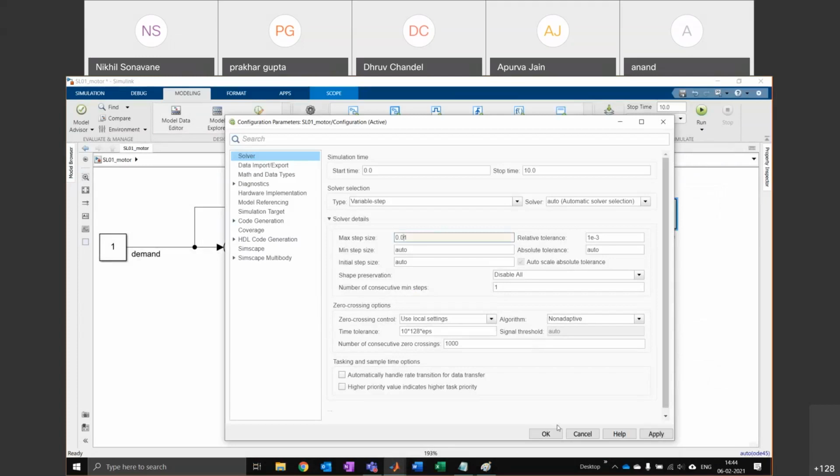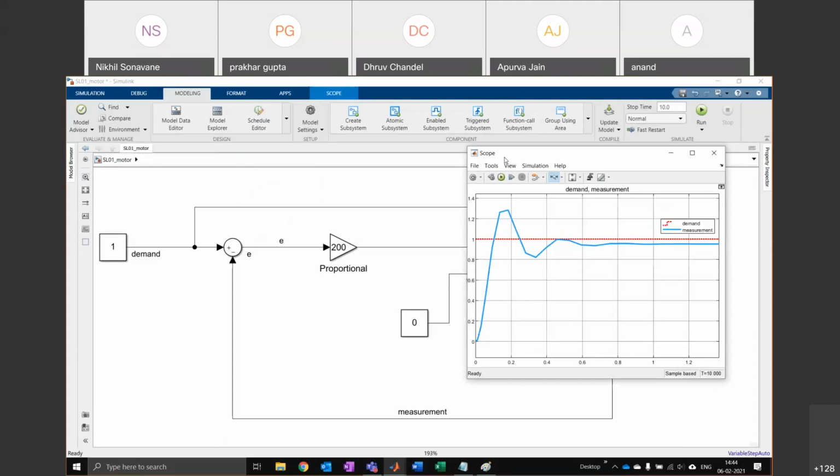So there's some question, isn't it inappropriate, as if our demand changes, then we have to change our proportion also? I mean, our proportion should be some way related to demand and automated. You don't have to change it with the demand.